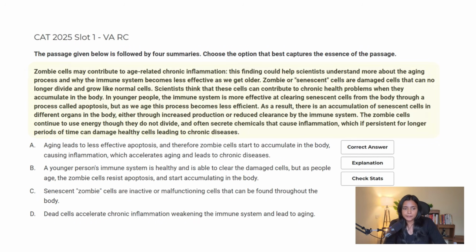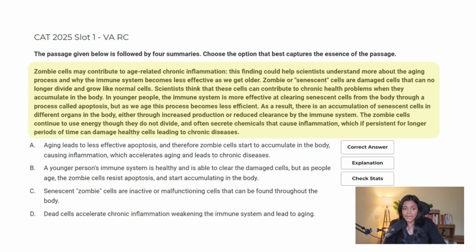Slot 1 VARC, and let's see if we are able to eliminate options using all the tricks that I just discussed with you. So it's a para summary question, and the passage is: zombie cells may contribute to age-related chronic inflammation. This finding could help scientists understand more about the aging process and why the immune system becomes less effective as we get older. Zombie or senescent cells are damaged cells that can no longer divide and grow like normal